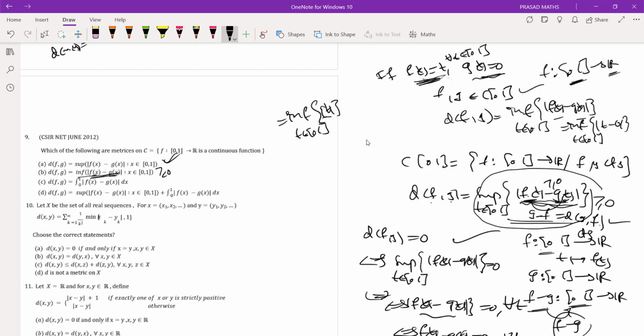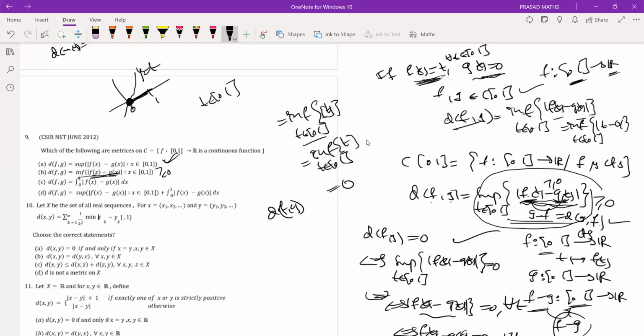You know that whenever t lies between 0 and 1, t is non-negative. Therefore, |t| is equal to t itself. So what is the infimum? The set is a line passing through the origin, y equals t. The infimum occurs at 0 over the closed interval [0, 1]. Therefore, the infimum is 0, so the distance between f and g is 0, but